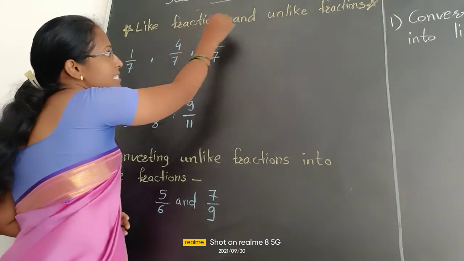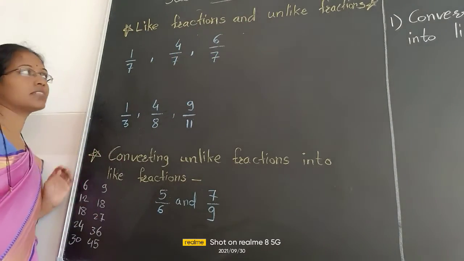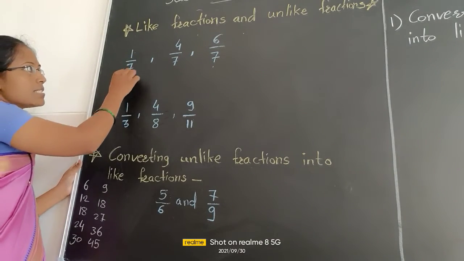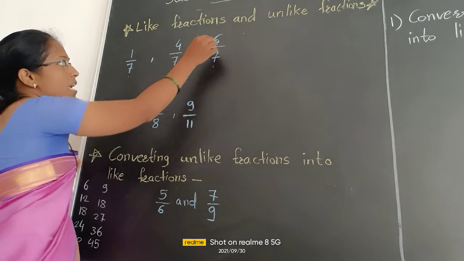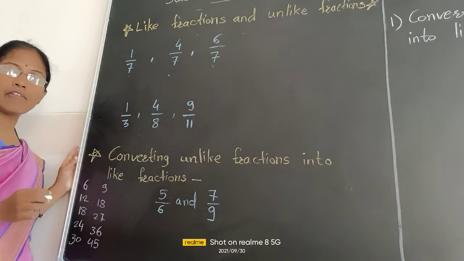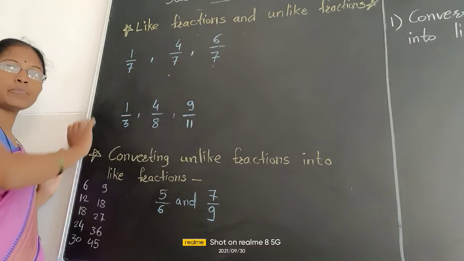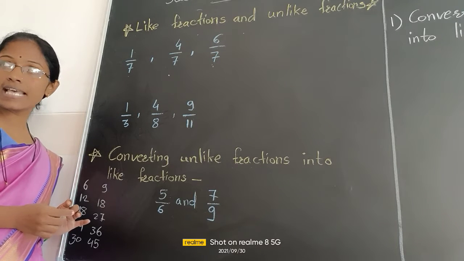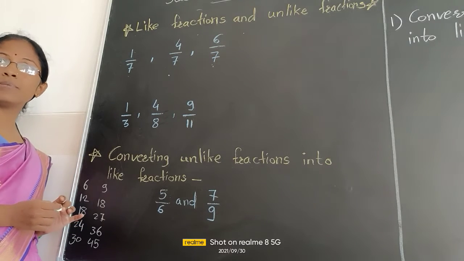Like fractions and unlike fractions. Here some fractions are given: 1 upon 7, 4 upon 7, 6 upon 7. What is the same between these three fractions? Something is the same. Yes, 7 means